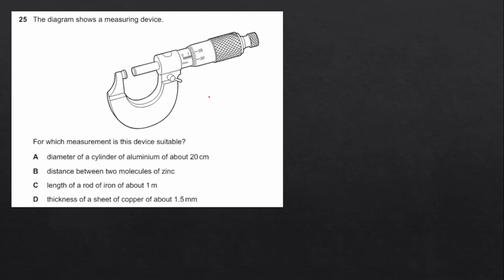There are different parts of a micrometer screw gauge. Let's just get a quick overview of what a micrometer screw gauge is and how it will work. So let's look at this. This part of the micrometer screw gauge is called the anvil, and the moving part here is called a spindle. The U-shaped part here is called a U frame,